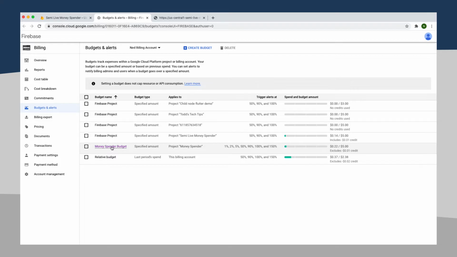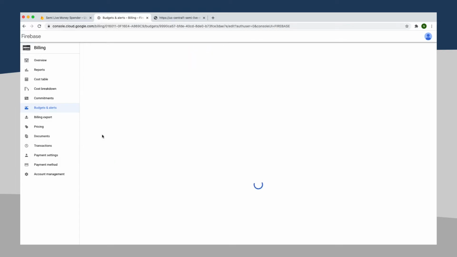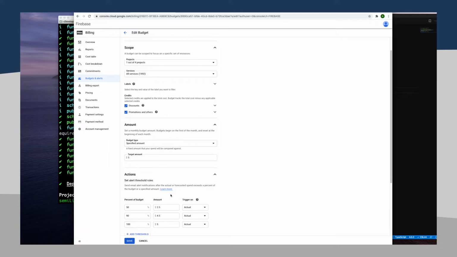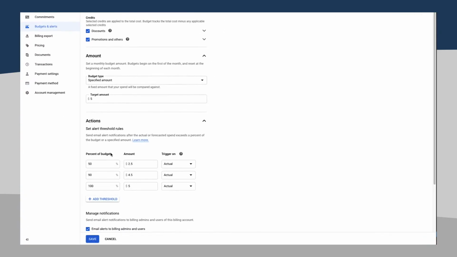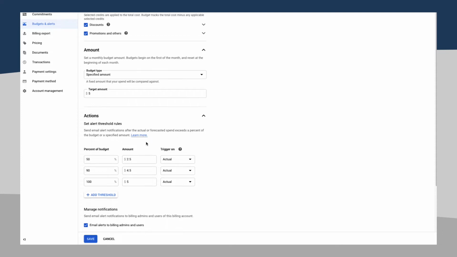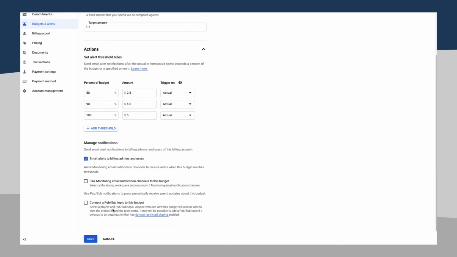So here is my money spender. Actually, it's this one here, this one labeled semi-live money spender. I'm going to go ahead and click on this. Here you'll notice I have a few email budget alerts. These are the things that I set up through a little dialogue when I first turned on billing for the project. Maybe you remember doing that, maybe you don't. But the thing that we're interested in is this: connect a PubSub topic to this budget. So I'm going to click this,